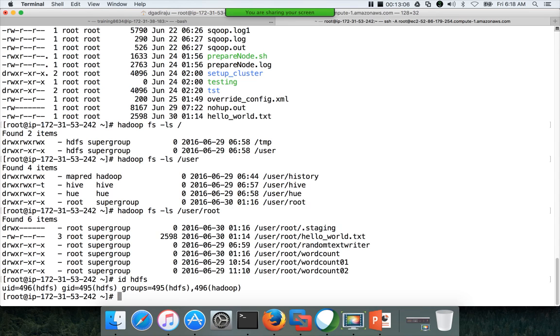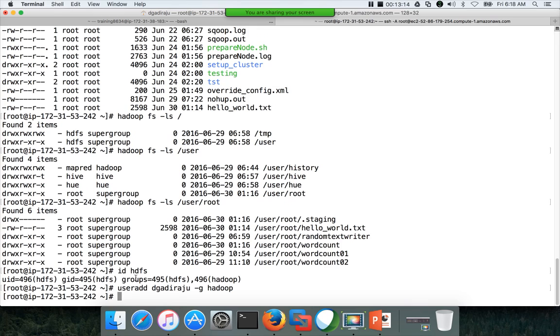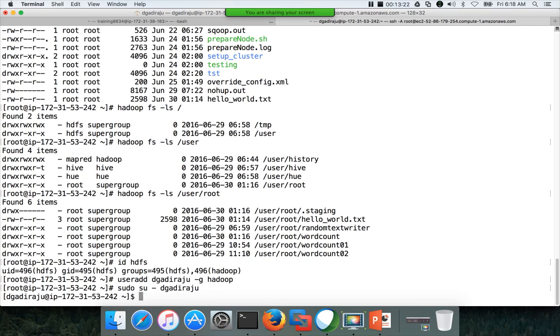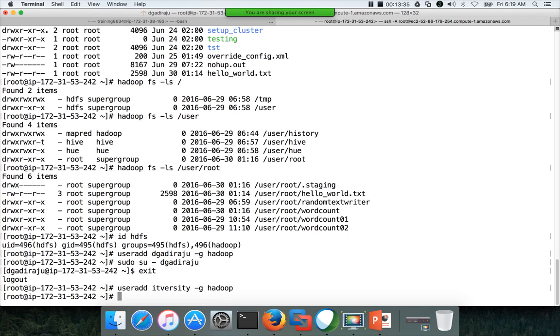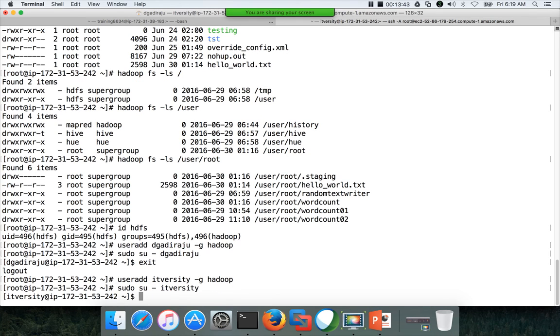So let me create a user here, dgadiraju, g hadoop. So I have created user dgadiraju here. Now if I do sudo su - dgadiraju, I have logged in as dgadiraju here. Or let me create it as itversity rather than dgadiraju, it will be better. Okay, useradd itversity -g hadoop. If I do sudo su itversity and hadoop